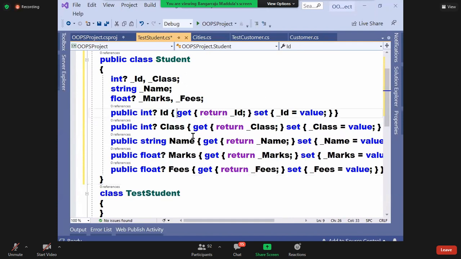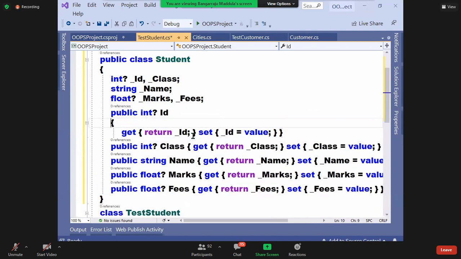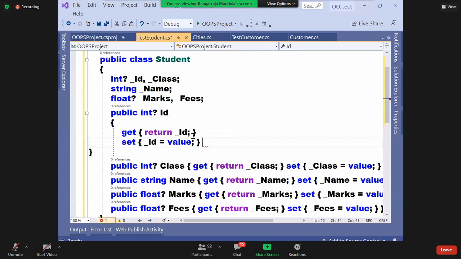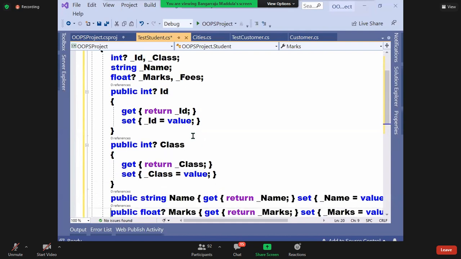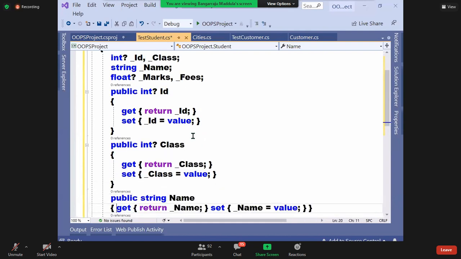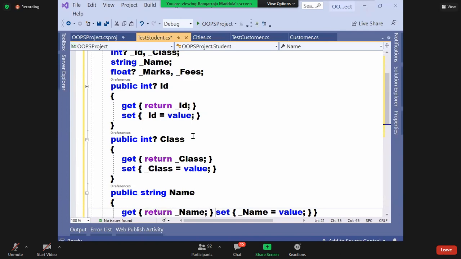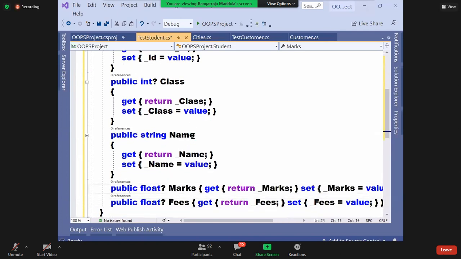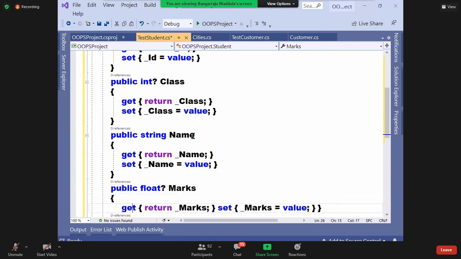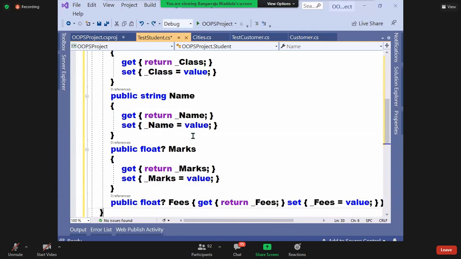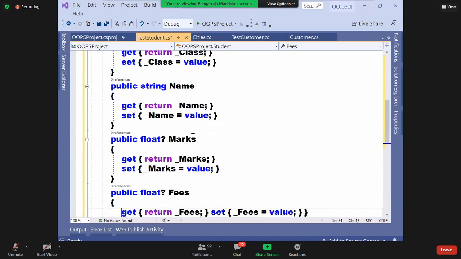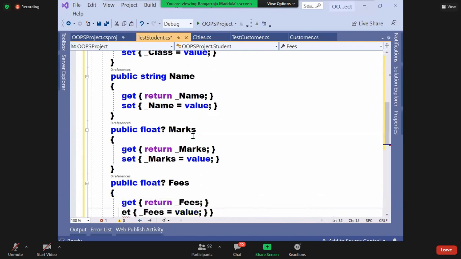All are visible. First one ID, second class, name, next marks, finally this.